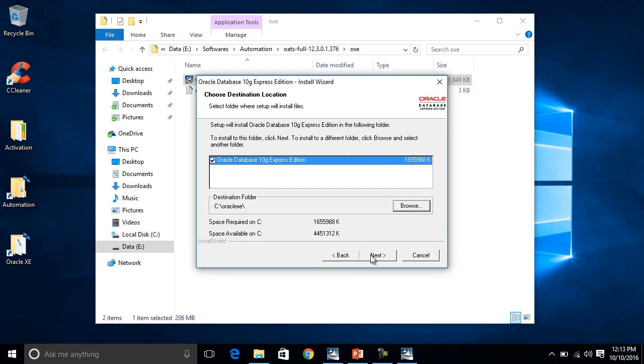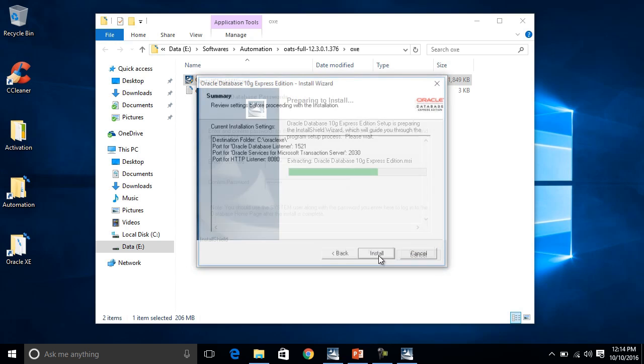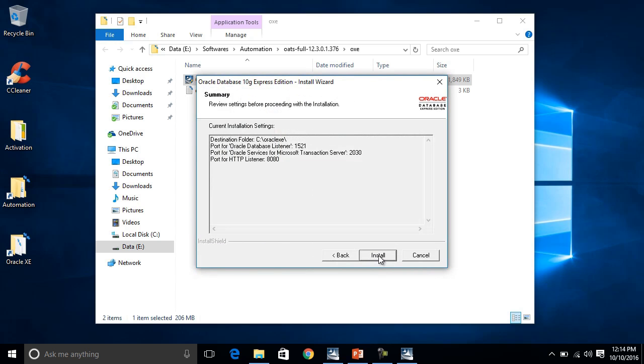Click on next, enter a password. Now note this password, this will be your master password the next time you install. Hit next and install it.